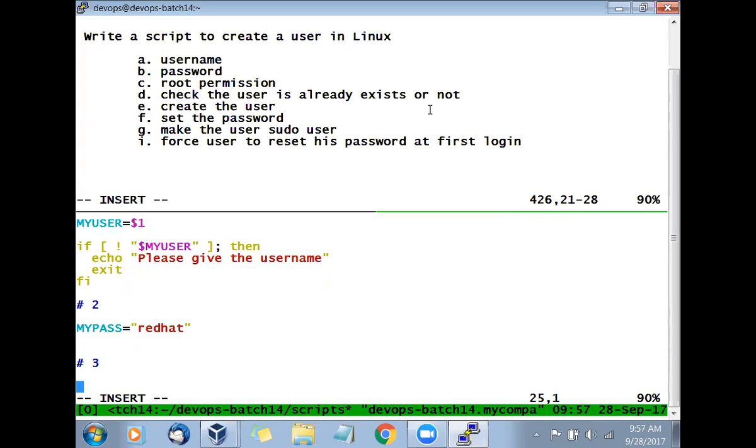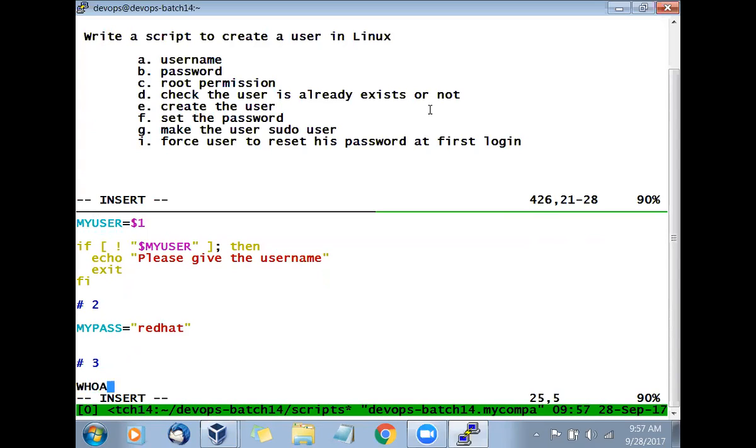So check whether you have the root permission or not, because if you want to run useradd, you need to have the permission. If you don't have permission, you're not able to go with that. So how do we check whether you are a root user or not? Correct, and we have learned in our string comparison chapter, we will use the same thing.